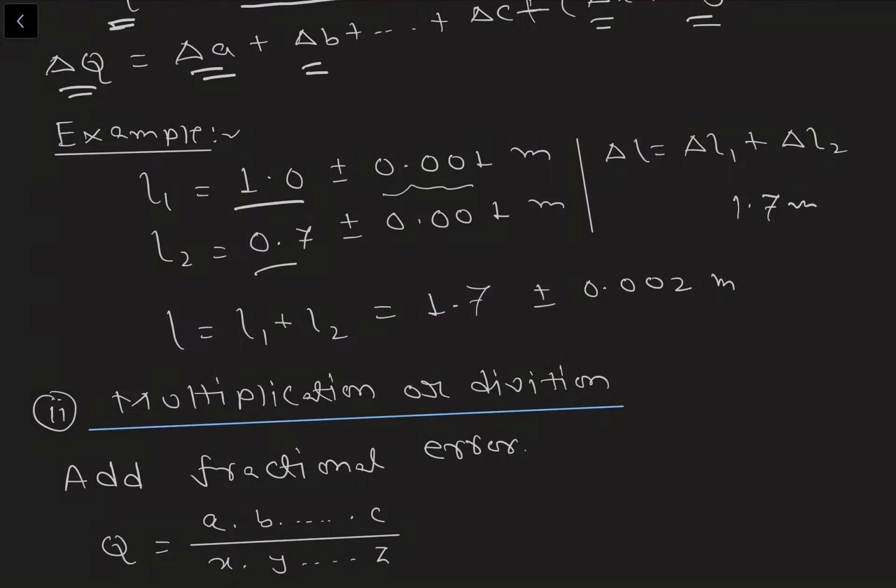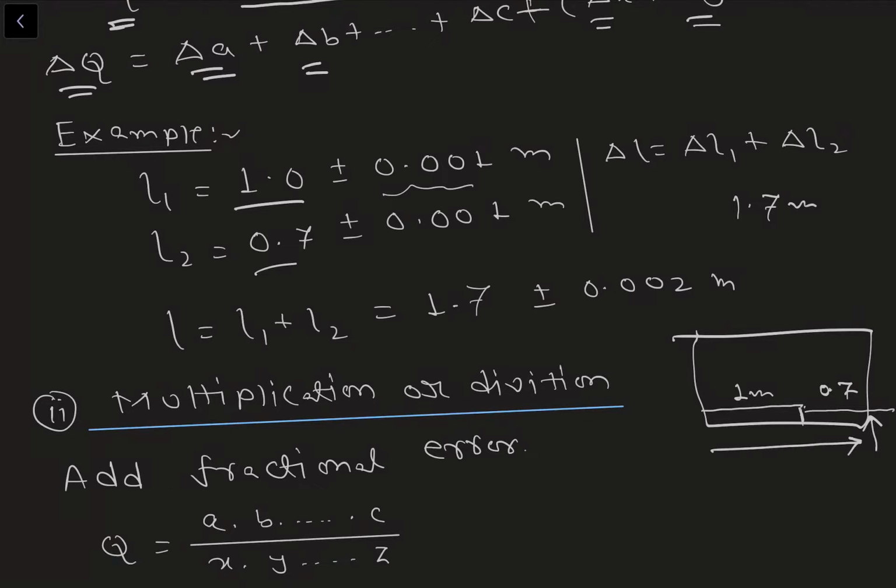So first we measured 1 meter. Our error in our measurement is coming from the instrument, it is 1.001 meter. Then we have a big table. We first put our meter scale, it comes up to this, we mark here, and then we put the rest of the scale, and we also check the value. So in the next term it is coming 0.7, in the first it is 1 meter.